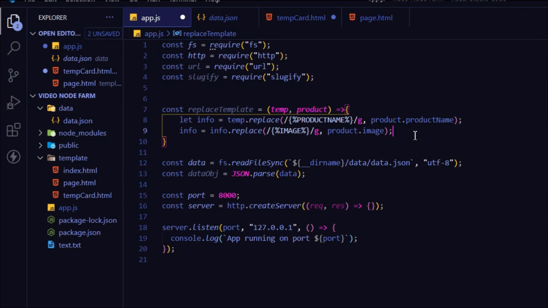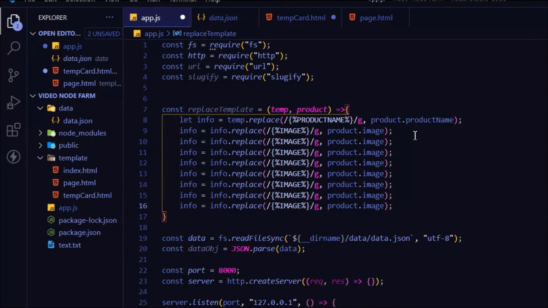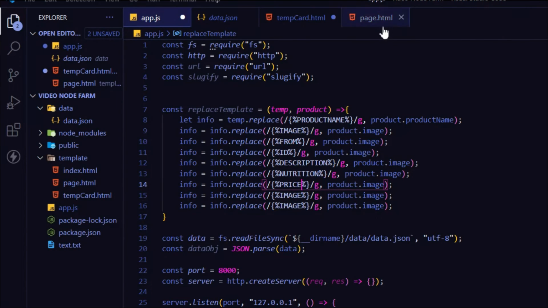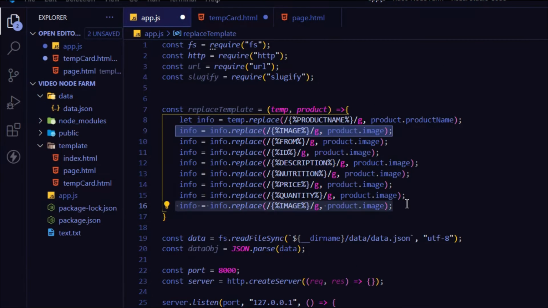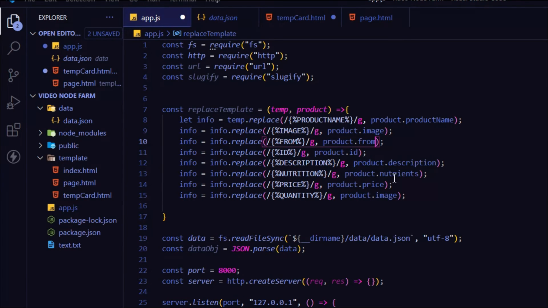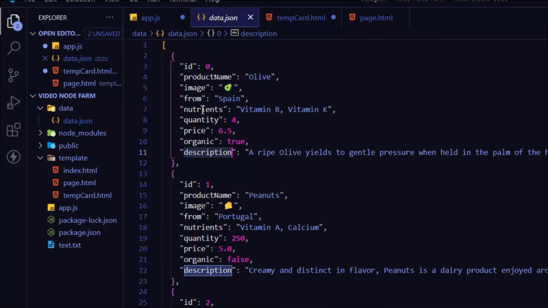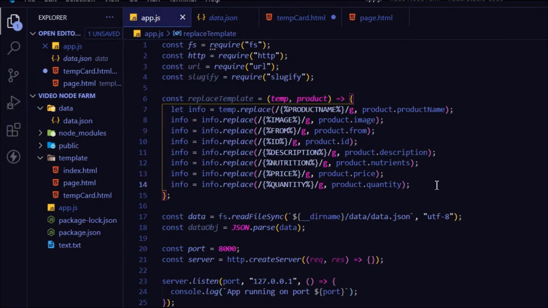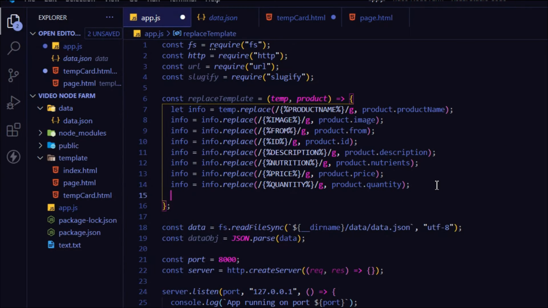So the same thing I have to do for all the placeholders. Let me do it quickly, then I will get back. So let me copy this a couple of times. So I have changed all the information,